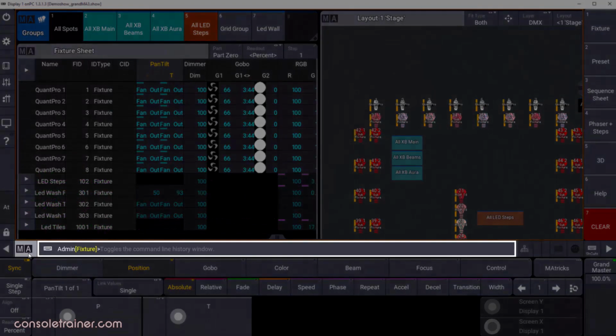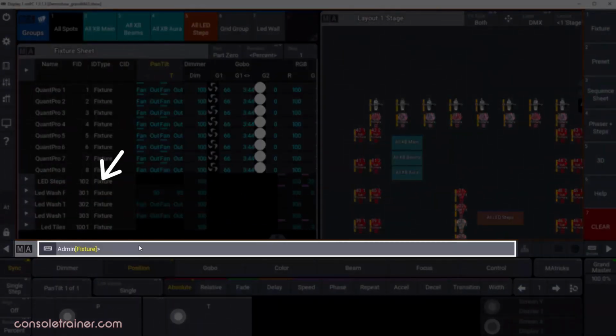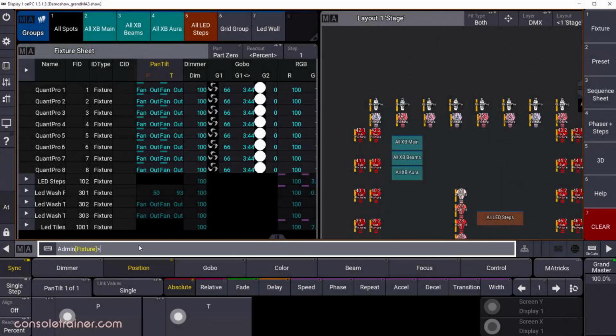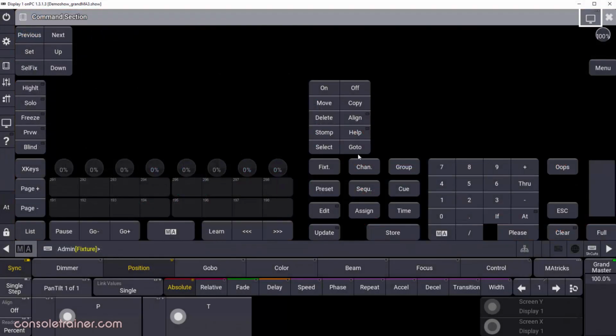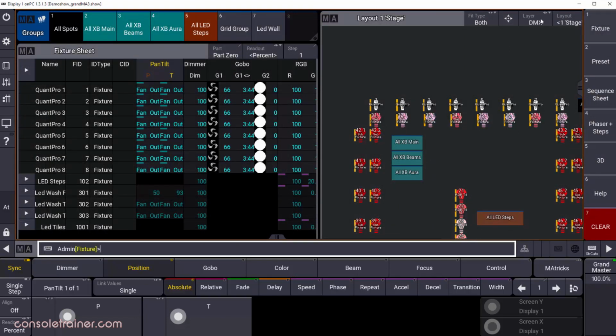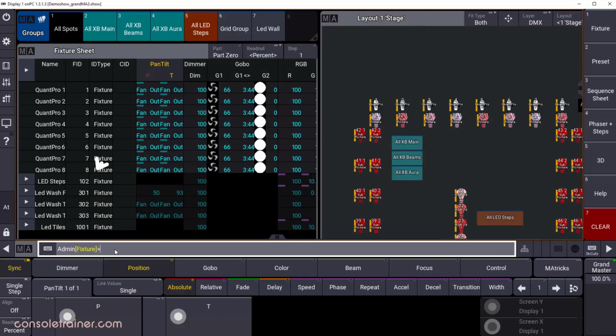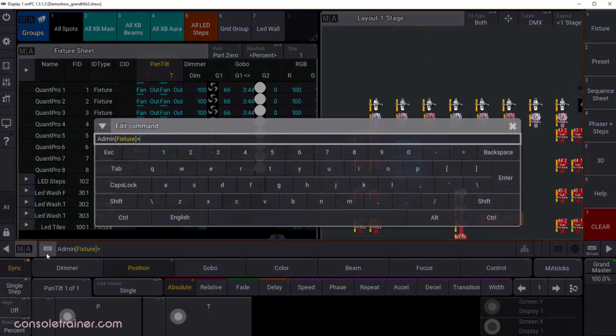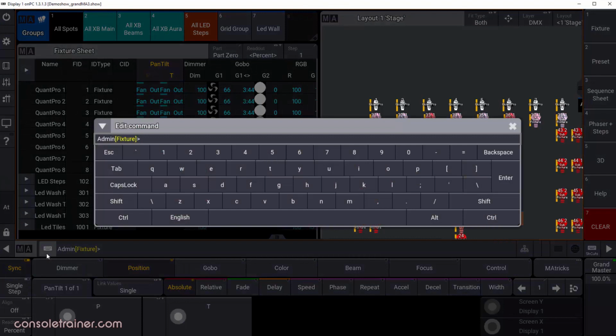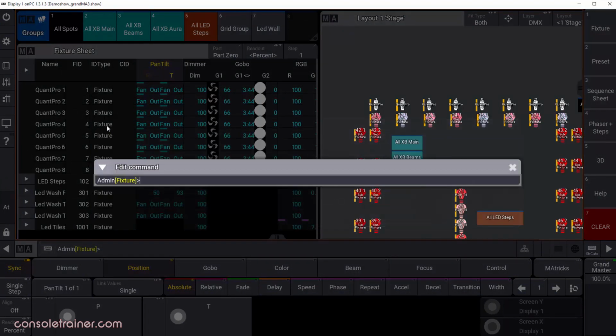Speaking of the command line, a few things have been added in the 3. It now shows the user before our default command prompt. Want to change that prompt? Same as the 2. You could type channel please, or fixture please, etc. And if you're wanting to get the keyboard prompt on the command line, you can still hold MA and press please. This button here gives us our virtual keyboard option. And by the way, when you're labeling items, if you want to use the on-screen keyboard and don't see it, look for a down arrow. That will expand or collapse that keyboard.